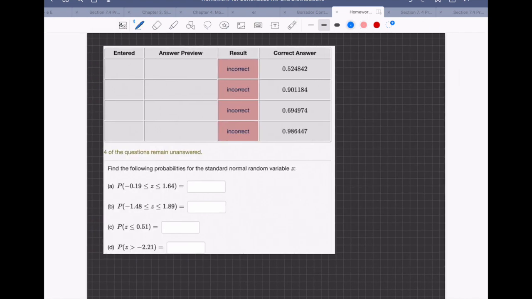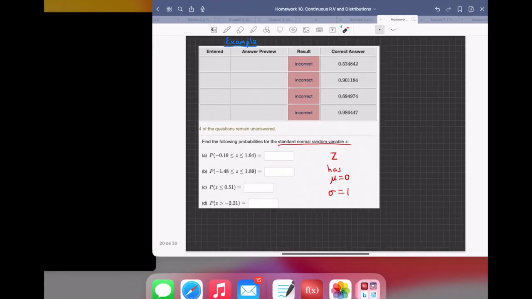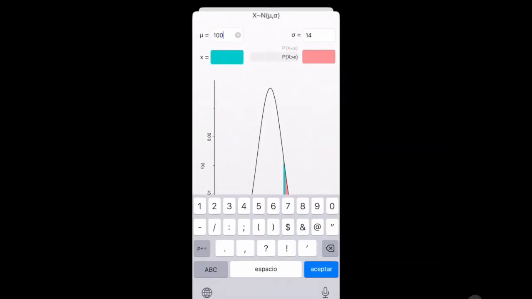Finally, one more example. This is very simple. Once you have understood how to do the application, notice in this case you have to find the probabilities only for the standard normal, for C. Remember that C has mu equal to 0 and sigma equal to 1. So you want to find these probabilities, use only the application. For example, for the first one, C between negative 0.19 and 1.64. Go to the application, type mu equal to 0, sigma equal to 1,